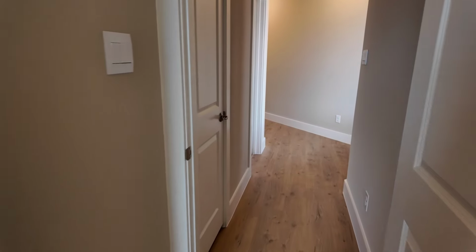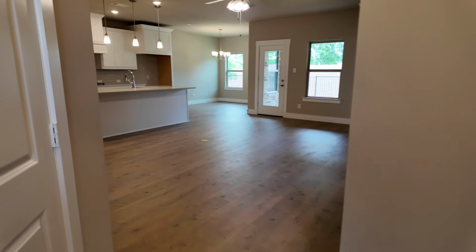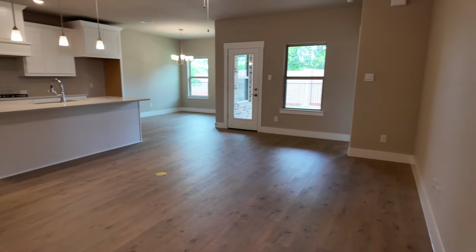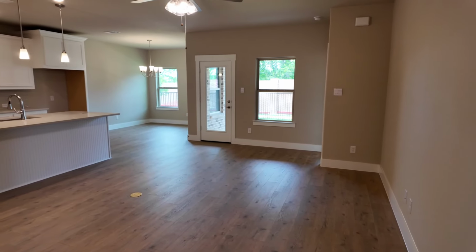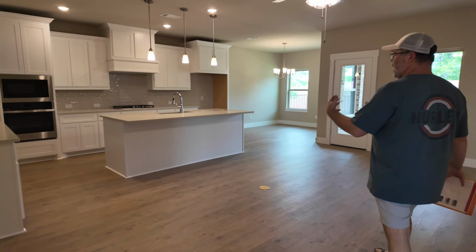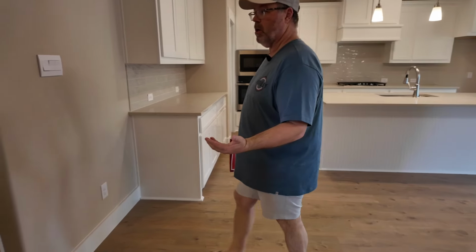And then, let's go where we live. This would be perfect for lock and leave. When we were speaking with Todd, the sales manager, he was talking about how a lot of people choose this that are snowbirds. They have maybe a couple different houses, or like us, they want to go RV